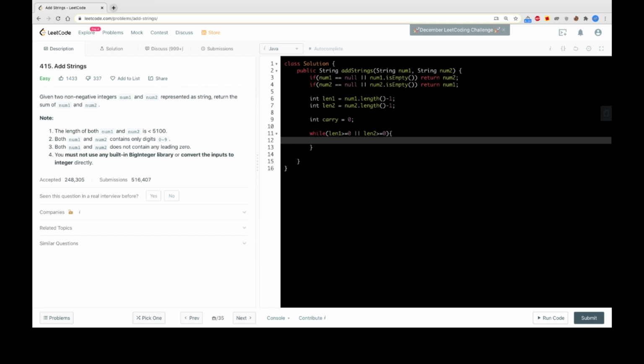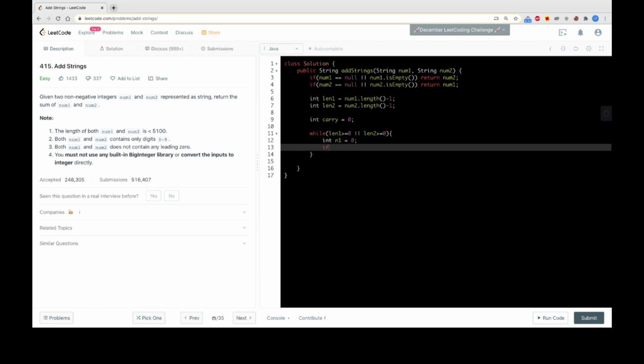Now we need to convert this string into a number. So we will be traversing one character at a time, and converting it one character at a time. We assume it is 0 if len1 is greater than or equal to 0,